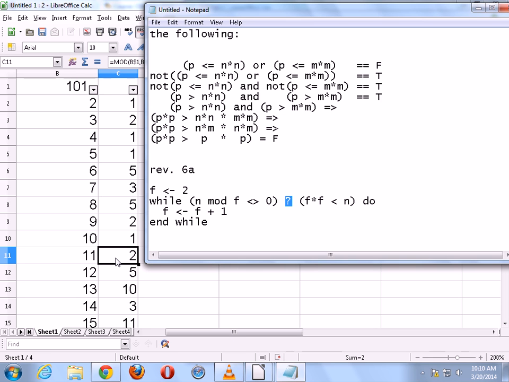I want the loop to exit earlier. And for a while loop to stay in the loop, the condition has to be true. So am I trying to make it become false earlier, or am I trying to make it become true earlier? False. False, okay. So between the OR operator and the AND operator, which one is going to make things false more often? AND, okay? So the AND is the correct choice here.